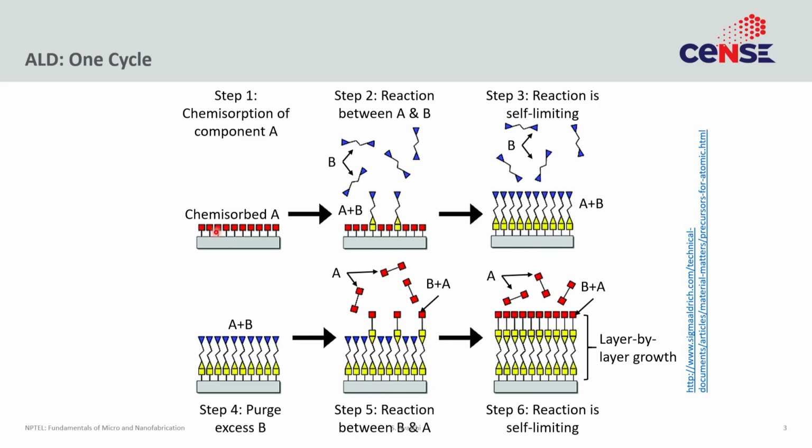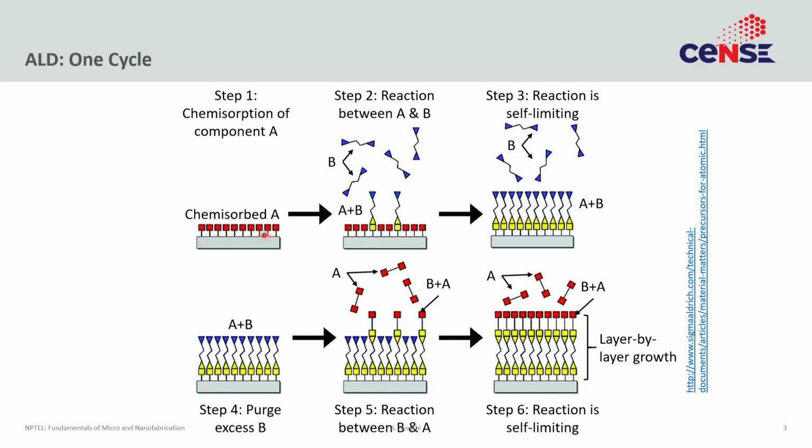So once the substrate is completely covered with a monolayer of component A, there is no space for further material to adsorb itself. Also notice I am using the word chemisorption, not adsorption. In its strictest definition, ALD requires chemisorption, which means some amount of chemical reaction or chemical interaction is occurring between the substrate and the component. As we shall see later, this is what allows you to make the reaction irreversible. Okay, so just hold that thought. We'll come to it later.